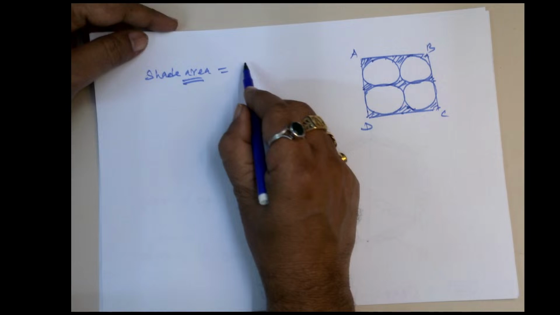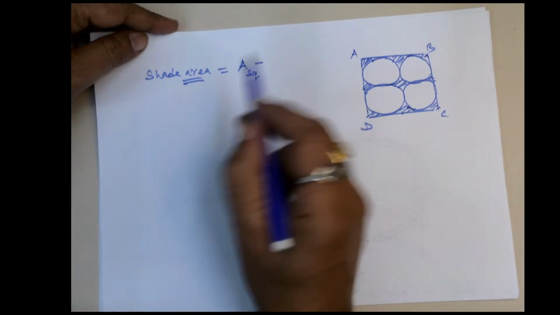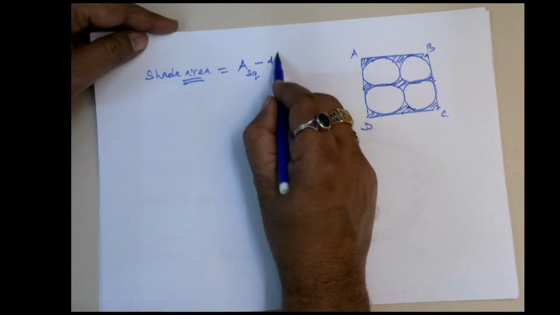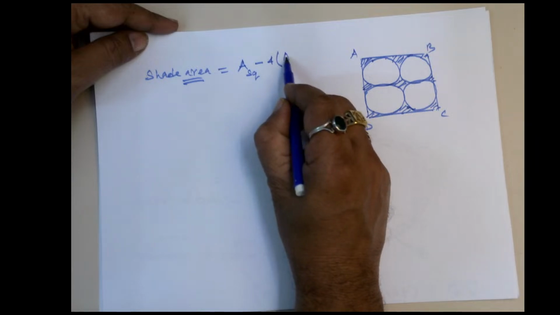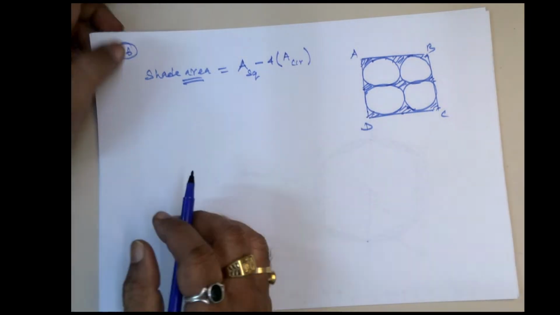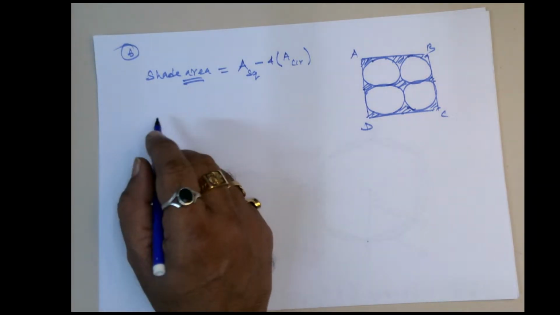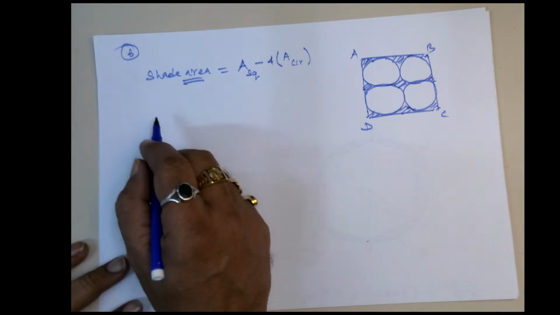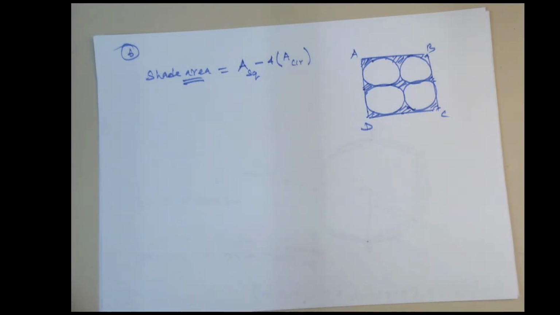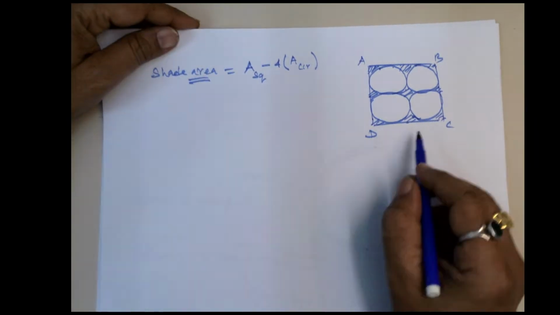So area of the rectangle, in this case square, minus 4 into area of circle. So that is the best way, is it not? So let us find out the area of... excuse me. Now the square side is